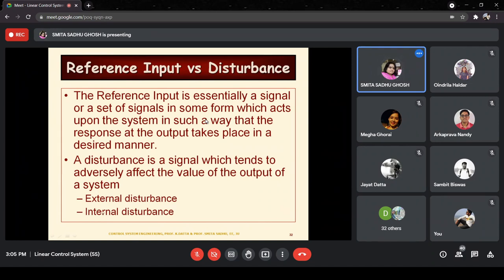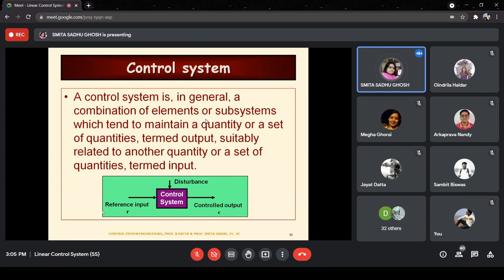So now, if I just come back to the previous slide, external disturbances are the ones which are shown over here. A single arrow is what you see, but external disturbances refer to disturbances which are explicitly affecting the system due to some external factor. Maybe the environmental condition is changing, maybe there is a gust of wind which is influencing the directional orientation, and such factors, right?